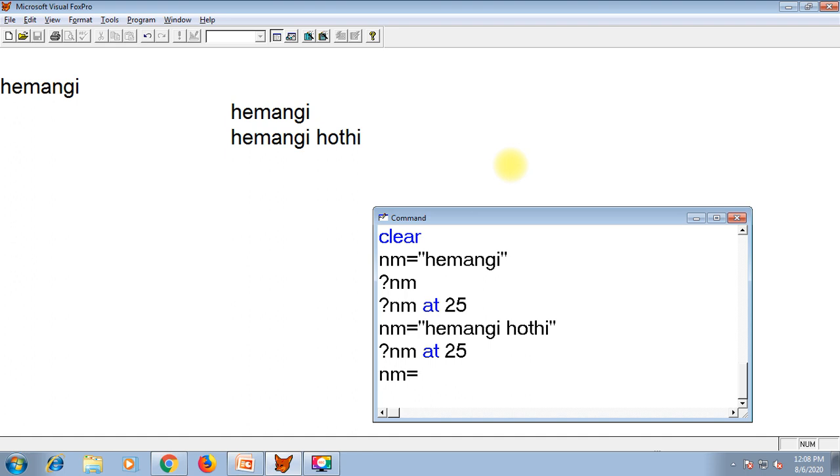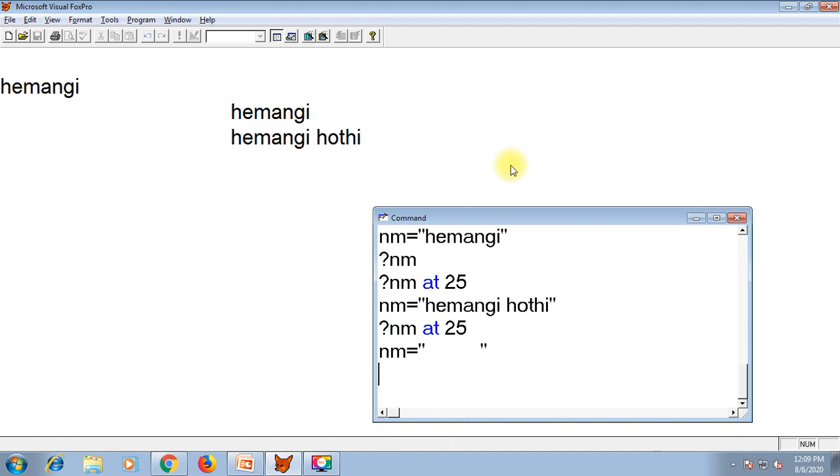How many spaces will I need? Suppose 10. I want to allow only 10 characters. So here I can leave spaces in this way: 1, 2, 3, 4, 5, 6, 7, 8, 9, 10. It is possible. No doubt it is impractical to put 10 spaces like this, and suppose it is more, suppose 20 or 25 characters are allowed, then what will you do? But it is allowed, this can be done.